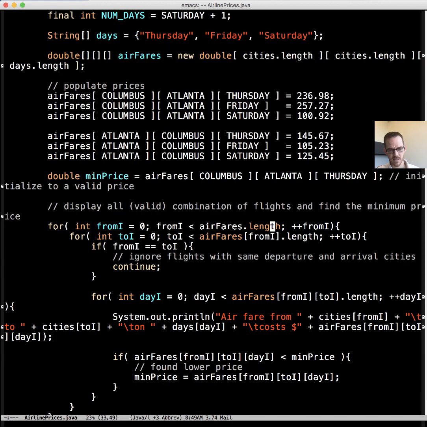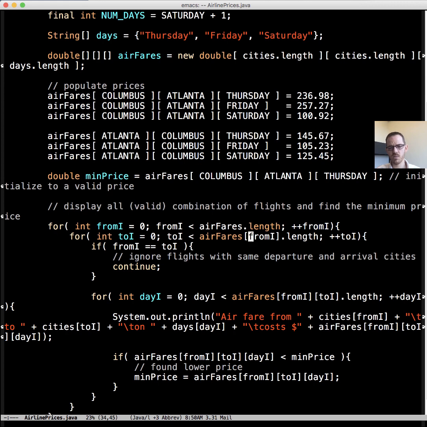Okay, so let's see here. Now we're going to go through and display all valid combinations of flights. So we're going to have this from index, and notice the continuation criterion for each of the loops. It's a three-dimensional array, so we're going to have 3 for loops to iterate over all of it to display all of it.